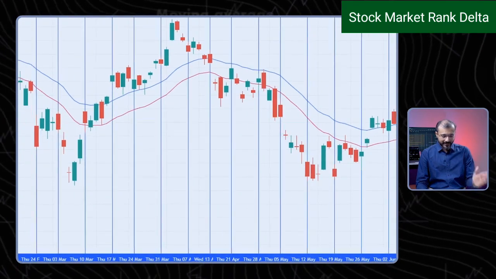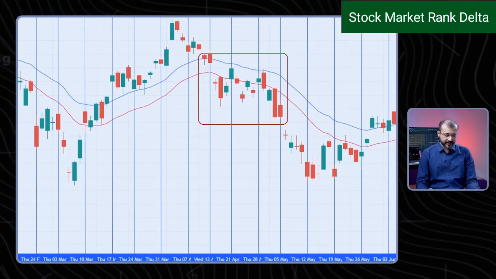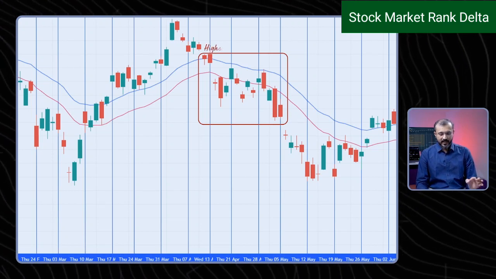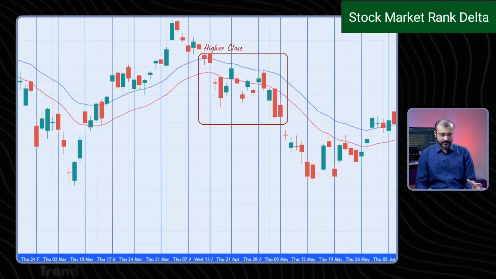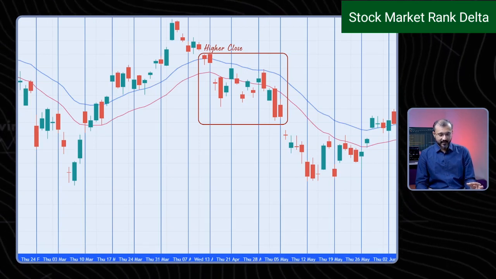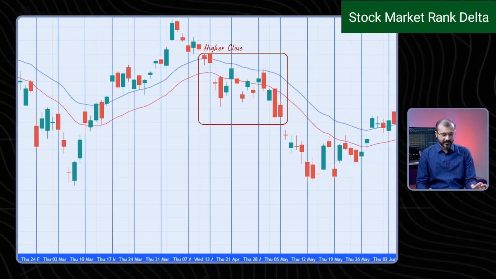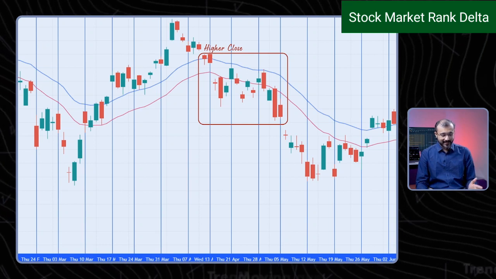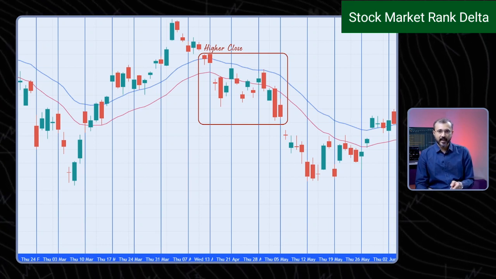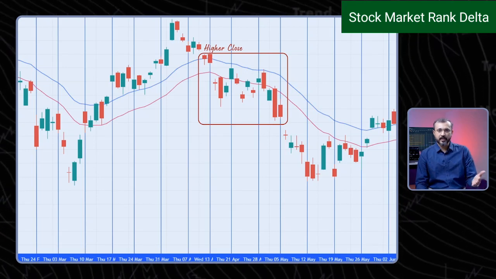Now if we come to 28th of March, and then to 27th of April, if we see here, we have two higher closes. The first candle is a bearish candle, right? The next candle is also a bearish candle. So two candles: the first candle is bearish, the next day markets gap down, it is bearish. The next day markets have opened gap up, which is above the previous open,